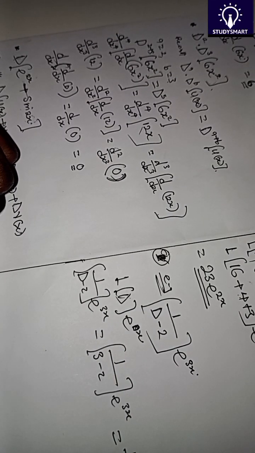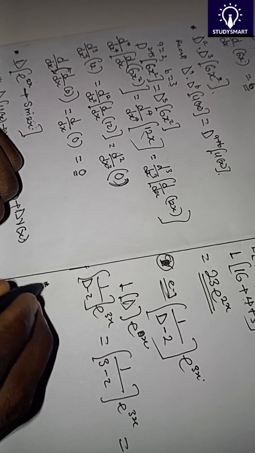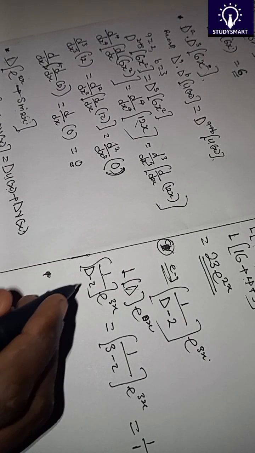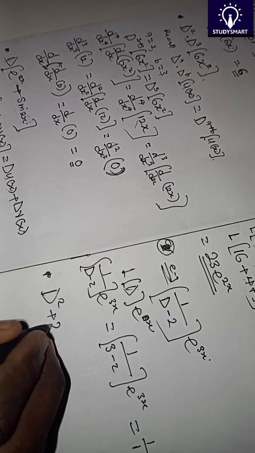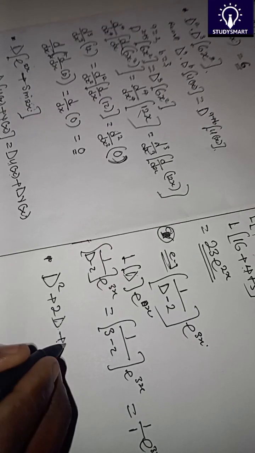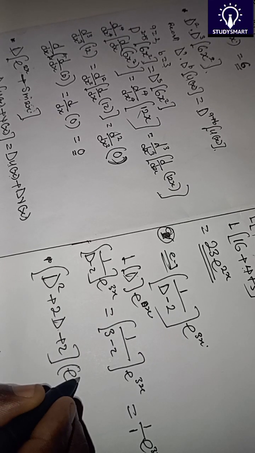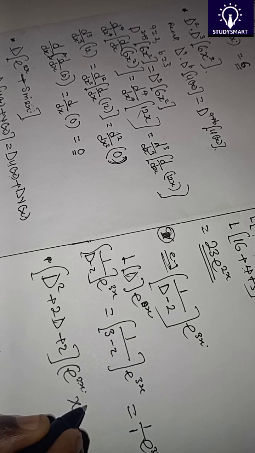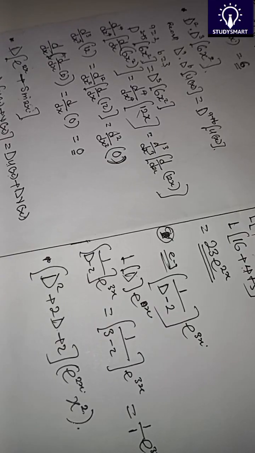All right, so for the next properties, let's take an example on that. For the second one, let me say I have d squared plus 2d plus 2, and I have exponential 2x, then x to power 2. Right, so following the second rule here,